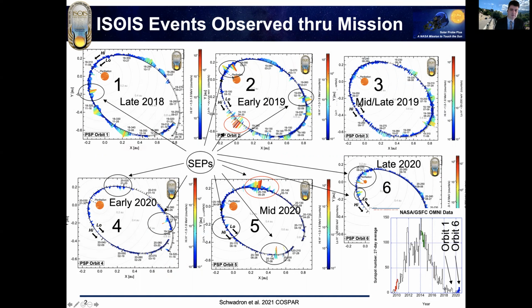We see solar energetic particle events of various types. Interestingly, you see the fewest events in orbit 3, and then the event rates start to pick up. If you take a look at the sunspot number, you will see orbit 1 is during a period of declining solar activity. Orbit 3 actually is right at the minimum of solar activity, and then we see increases of solar